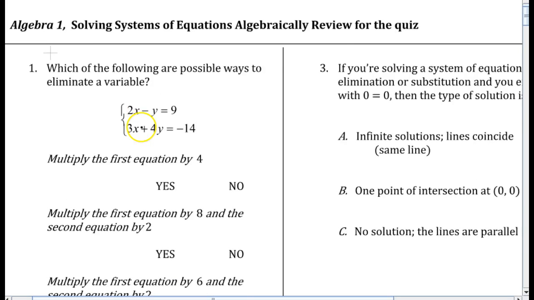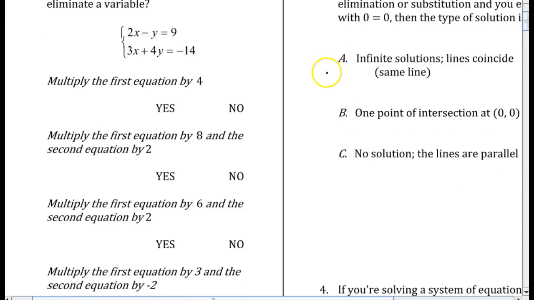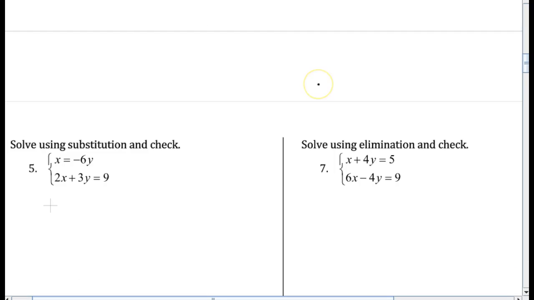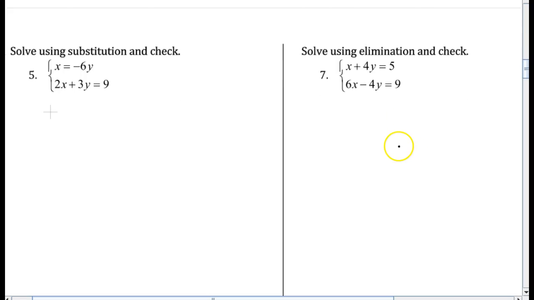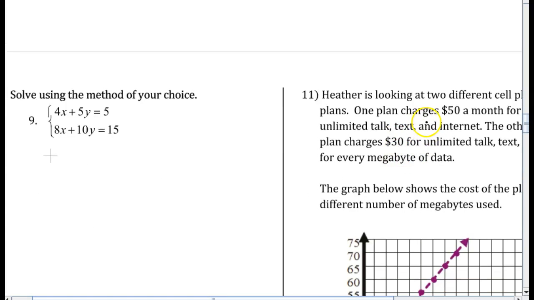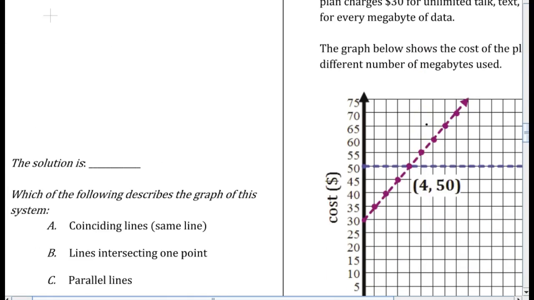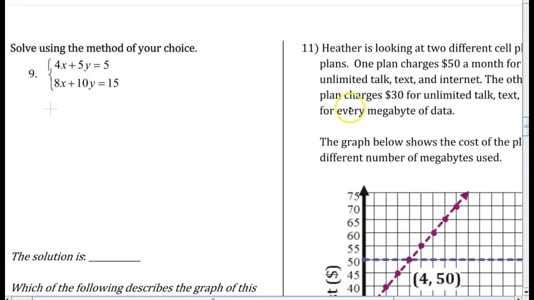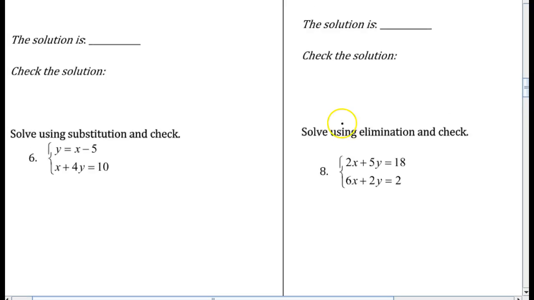So what I've given you is the review for everything. That has substitution, elimination, all of it, and even some word problem stuff on there, which you'll be able to figure out. We'll go over it as well. There's some terms, maybe if you don't remember, things like